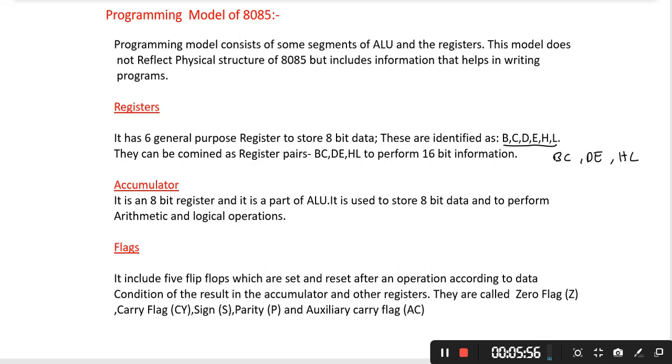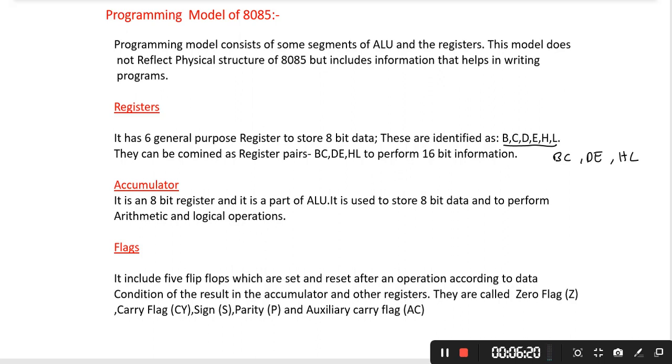Along with these registers, there is one more special purpose register which is called the accumulator. This is used to store 8-bit data and also used to perform arithmetic and logical operations. We also have the flag register. The flag register indicates the status of the operation.